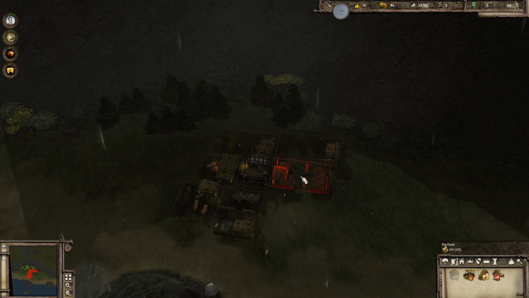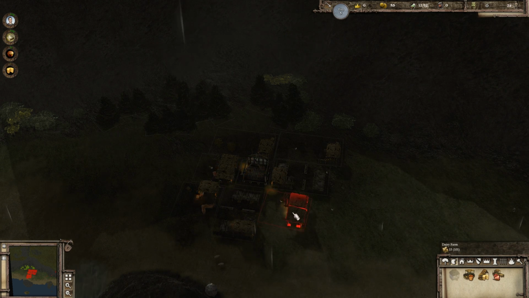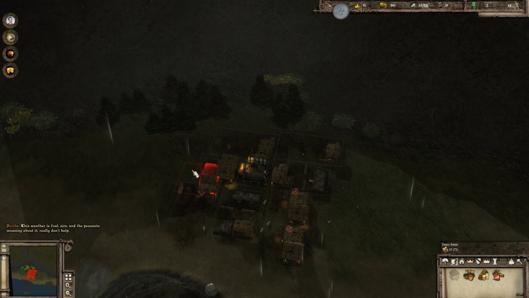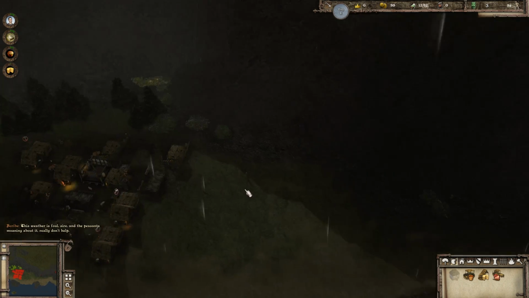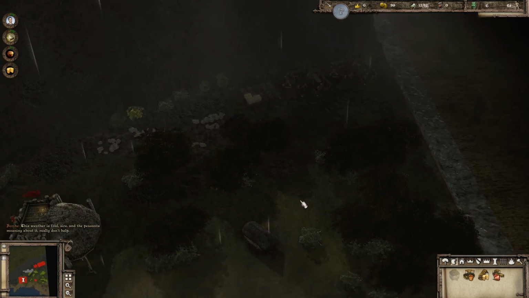So as you might have sort of deduced, the greatest challenge of this mission comes from the unique layout of the terrain. This weather is foul, sire, and the peasants moaning about it really doesn't help. There's a lot of challenging terrain here, very limited space to build in, and that's ultimately where the challenge of